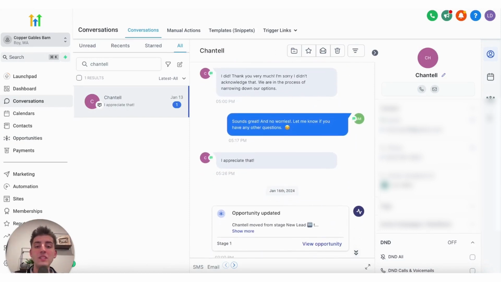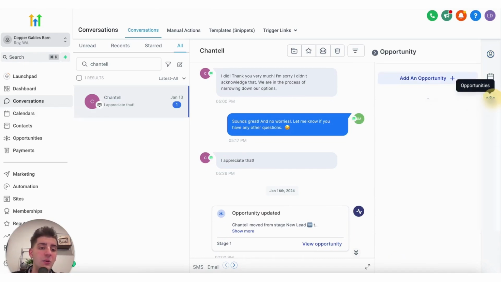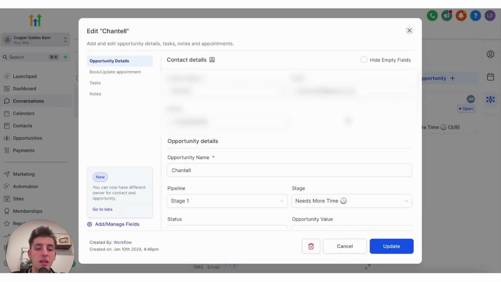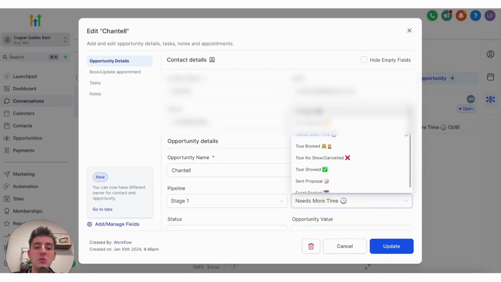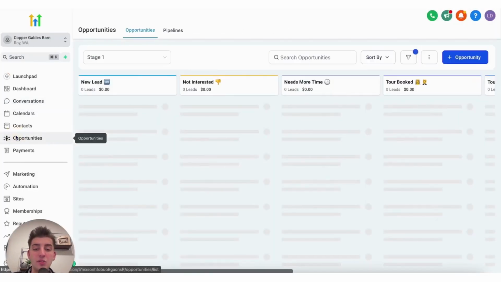And then another way to move them into needs more time right in the conversations window is you click on this people icon all the way to the right, click in here, and then stage, it would be a new lead. You would just click on needs more time, click on update, and that automatically moves the lead under opportunities